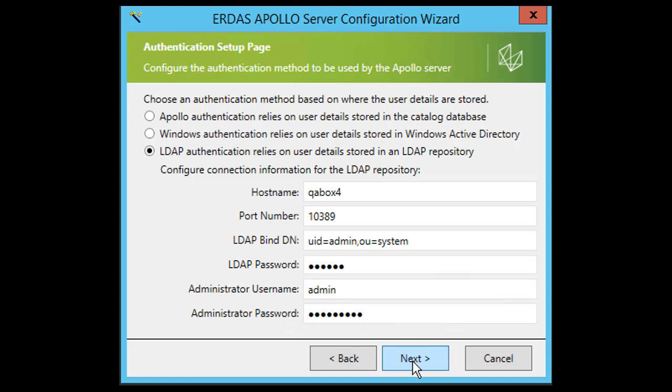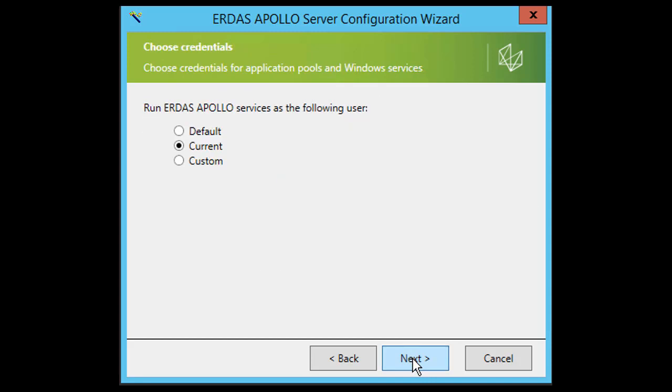Then select Next. At this point, we would finish out the configuration wizard, and once the configuration has finished, Apollo will be configured to use the LDAP service to define the security principals, users, and roles needed for the Apollo